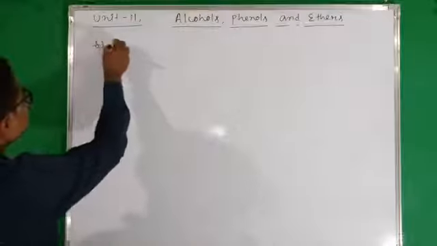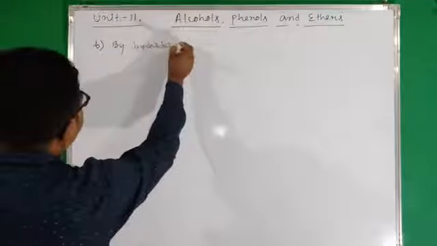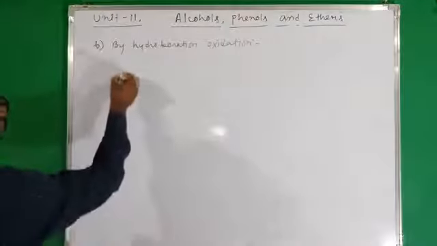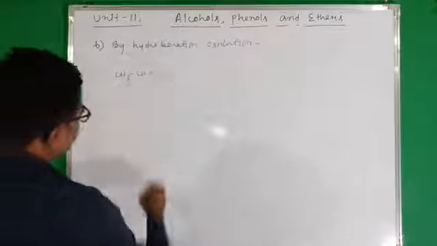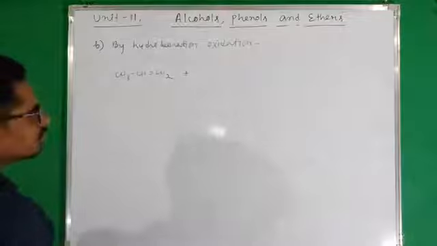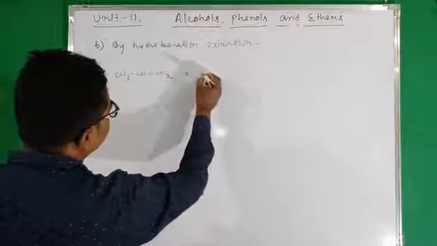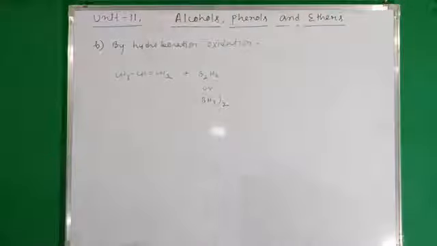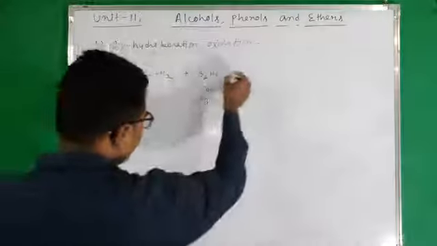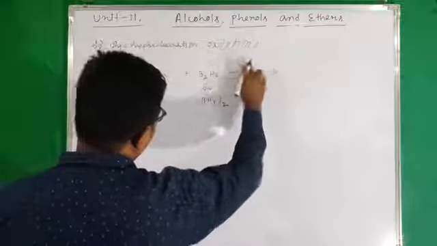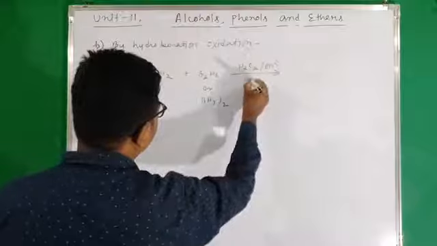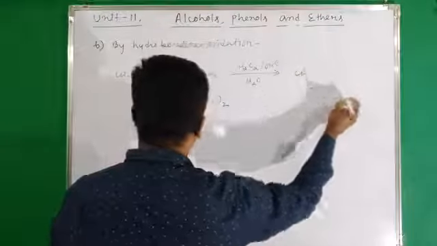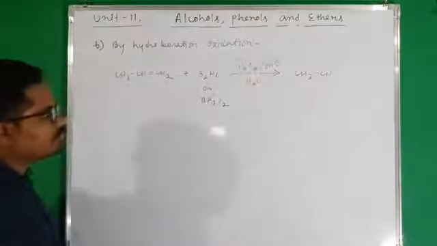So the next method is number B, by hydroboration oxidation. Okay, so in this method again alkene is used to prepare alcohol, and the alkene is used to react with diborane, that is B2H6 or (BH3)2. Okay, you can take both the formulas to represent the diborane, in presence of an alkaline solution of hydrogen peroxide and water. Okay, and in this case we will get alcohol, and due to presence of the peroxide the reaction will follow